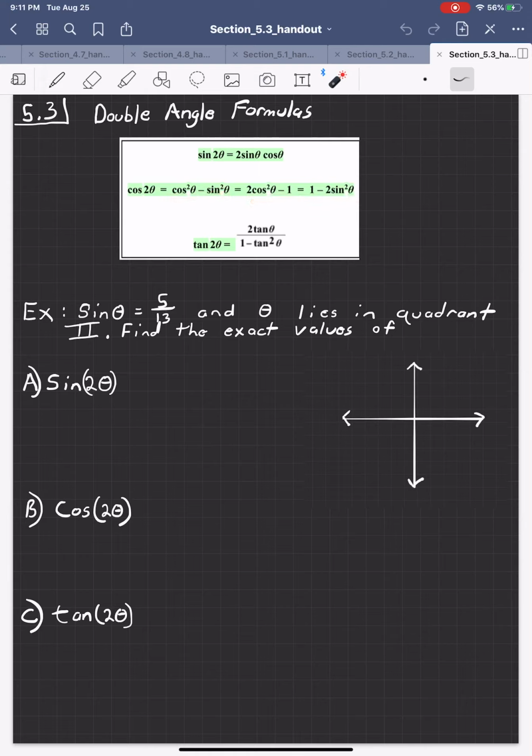Okay, so no more talk. Let's get into it. So the first example. What are we told? We're told that sine of theta is equal to 5/13. And we're told that theta, the angle, lies in the second quadrant. So theta is over here. What are we asked to do? We're asked to find the exact values of sine double theta, cosine double theta, tan